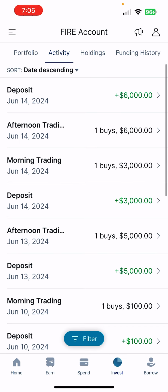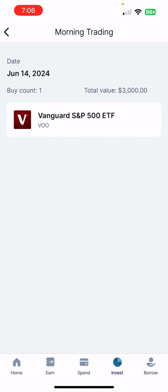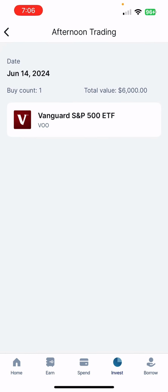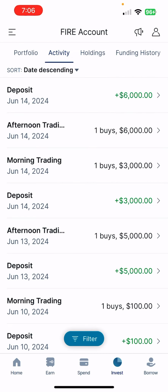Then on June 14th, I put in $3,000. It all went to VU, and I got 6.03 shares. Then later that same day, I put in another $6,000. It all went to VU, and I got 12.03 shares. So for the past week, I put in $14,100. I know that's a ridiculous amount of money to put in 1 week, but I did have some money